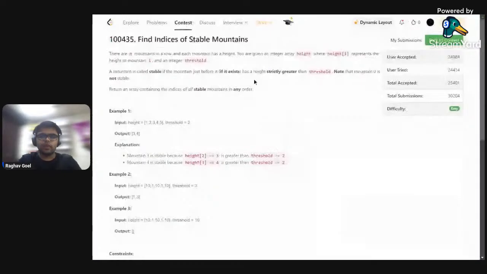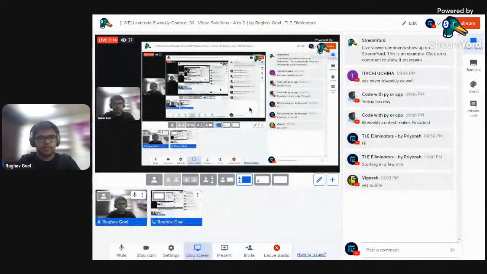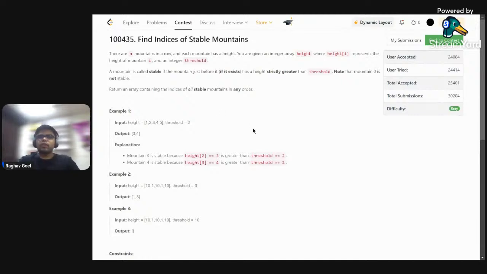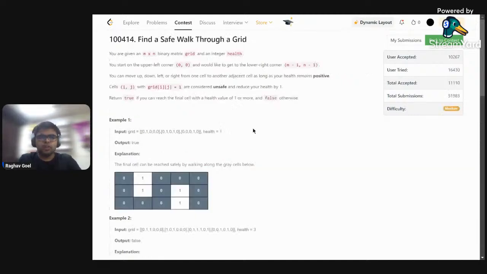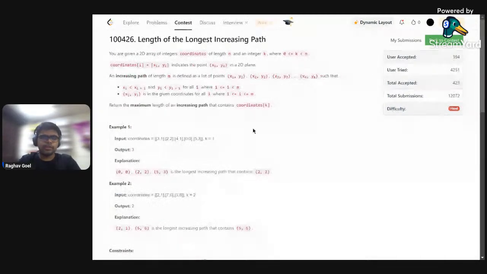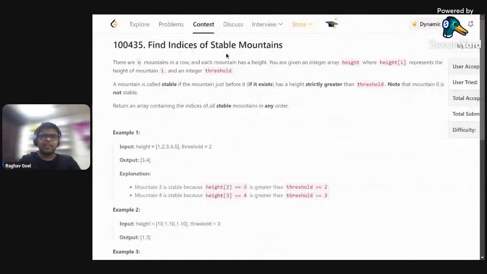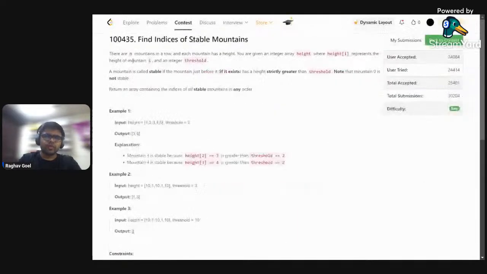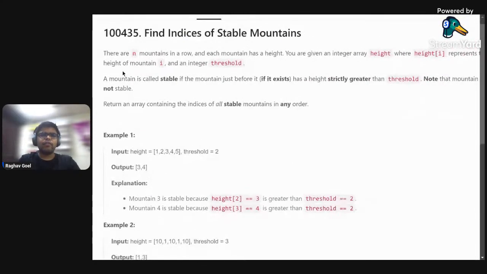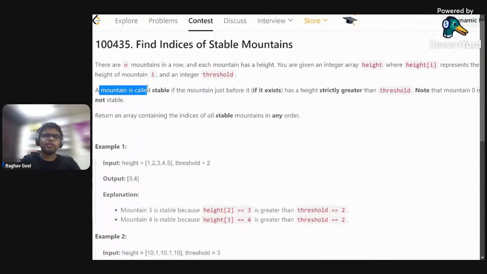Okay, so, in this live stream, we will discuss all the four problems of today's contest. Starting with the very first problem of the contest, that is Find Indices of Stable Mountains. The problem says that there are n mountains in a row, and the height of the ith mountain is given as height[i]. And we have been told that a mountain is considered to be stable if the mountain